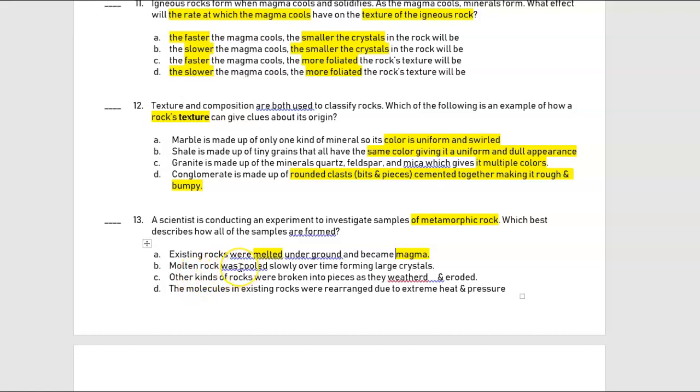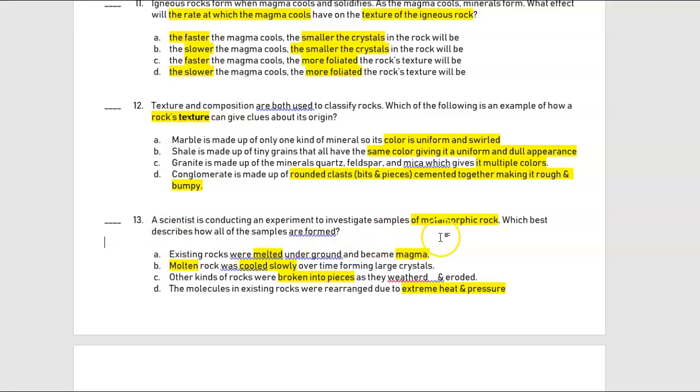B, molten rock was cooled slowly over time, forming large crystals. So I have molten rock, which is melted rock, that cooled slowly. C, other kinds of rocks were broken into pieces as they weathered and eroded. And then D, the molecules in existing rocks were rearranged due to extreme heat and pressure. Okay, so